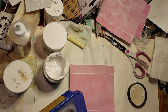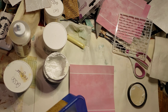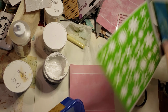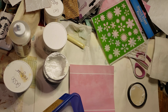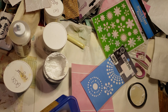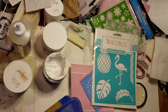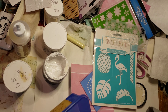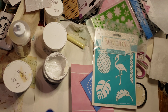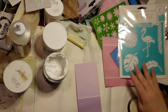Let's see. Hearts, sleeves, splotchies. This one I like, but where's the flower one? Oh, there it is. Maybe we'll do something with that. Oh, this one will be fun. Let's play with that one. I wish I knew what happened to that. Ooh, we got pink. Maybe we'll play with that one. We've got some letters we could play with, and some polka dots. We'll take them all out and we'll use like one or two. That'll be fun. Alright, before we do that though, let me do a quick coat of